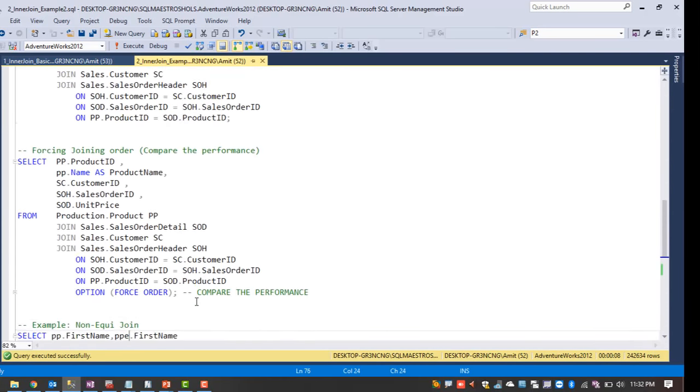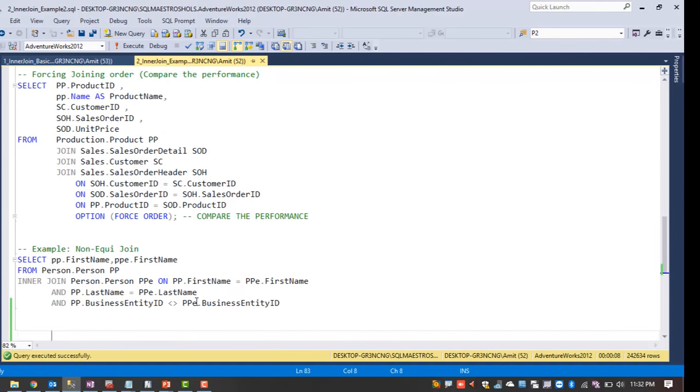So let me show you one more thing, which is a non-equi join, which is not frequently used, but it is there. Whenever we use an operator other than equal to in the condition, it automatically becomes a non-equi join.